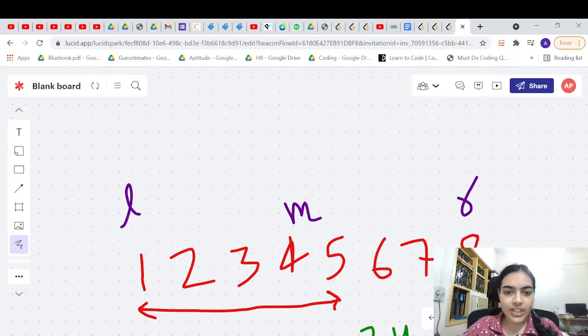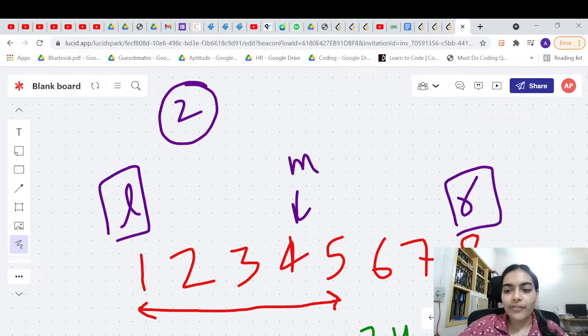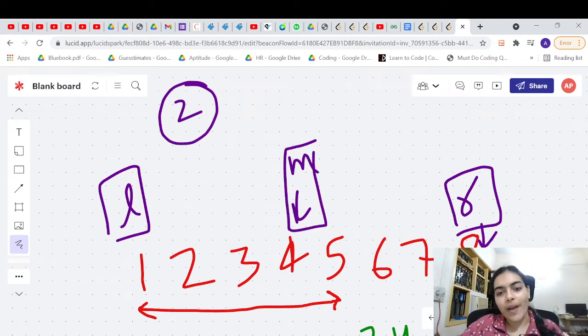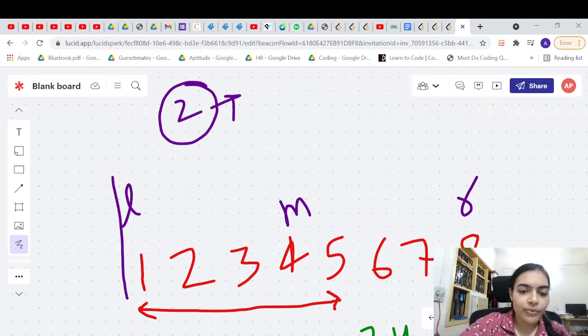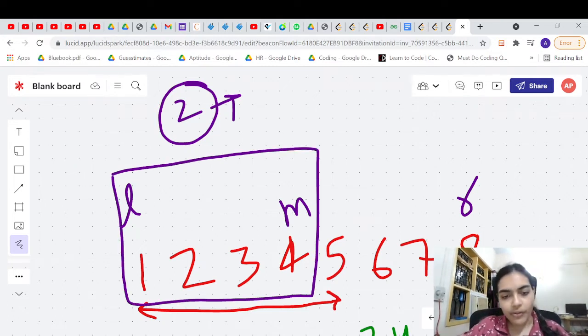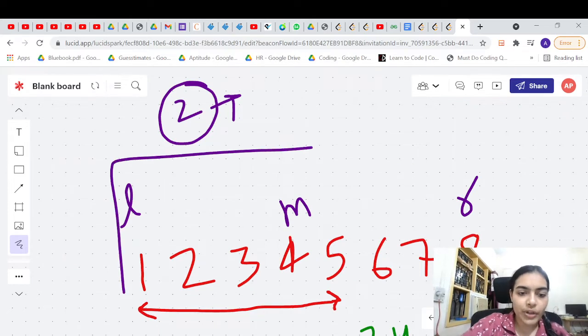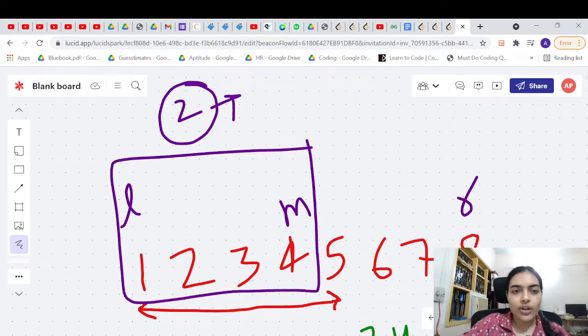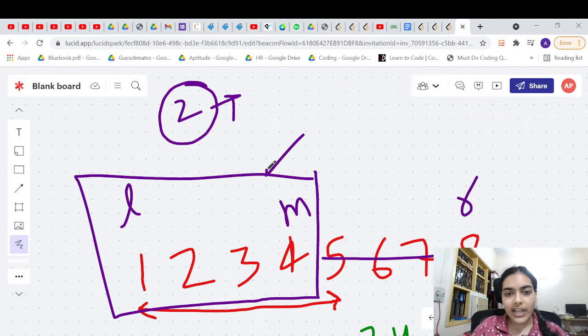But let's say we are searching for some other number, let's say the number 2. We have a left, we have a right, and we have a mid that is between these two values, and you are looking for the number 2. You will compare whether your element lies in this half or in this particular half. So you will check if your element lies in this particular half. If your element is here, then you can eliminate this part of the array and just continue your binary search algorithm on this part.